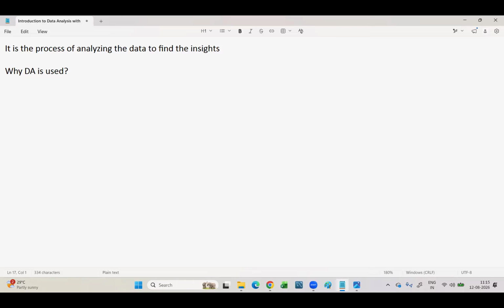Please concentrate. Now, to understand this question, I would like to explain it from 2 different points of view. The first point of view is from the company. Suppose you take a company, why they need data analysis, that I need to understand. When you go as a student, suppose being in your place, you need a job. That's our end goal. Any course you learn is to get into jobs. If you want to get a job, you have so many skills in the market. Why do I need to take data analysis? That is also a question you need to answer yourself, right? So I will provide that answer for you in this discussion today.